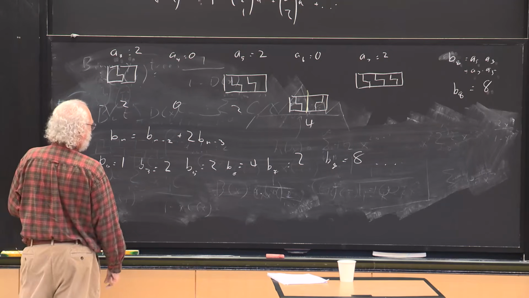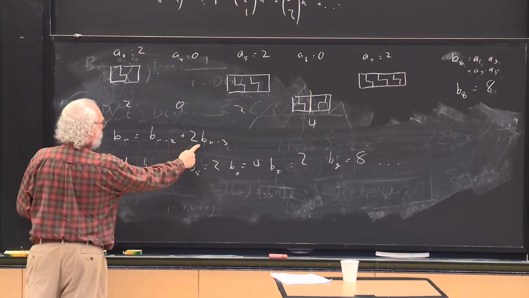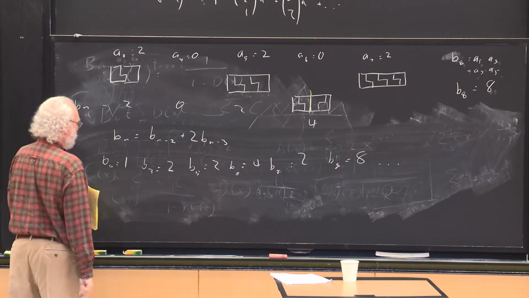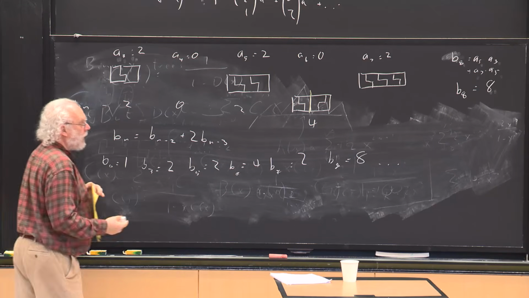B2 should be equal to b0 plus 2 b minus 1, but b2 is 0 and not 1,